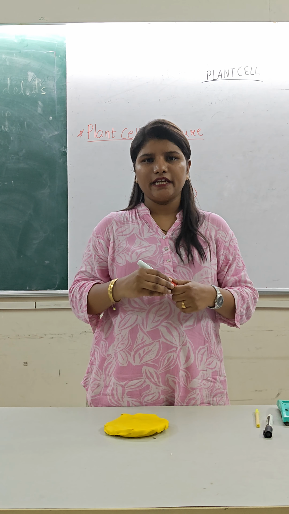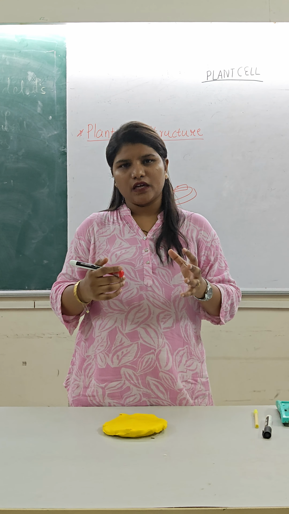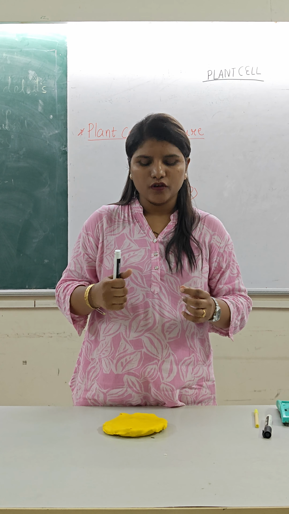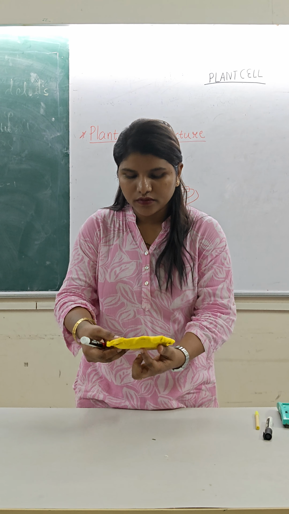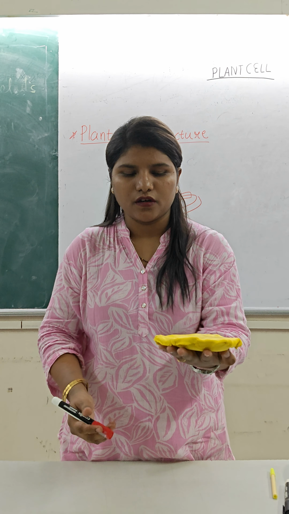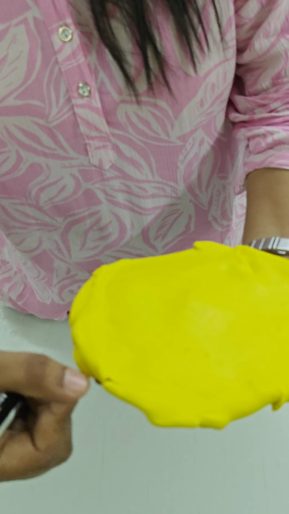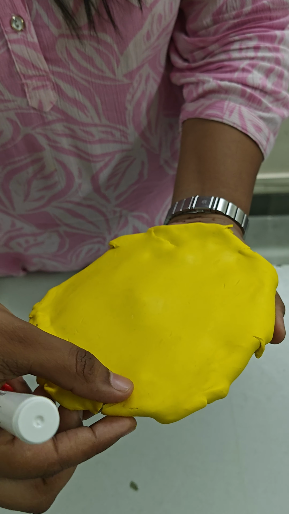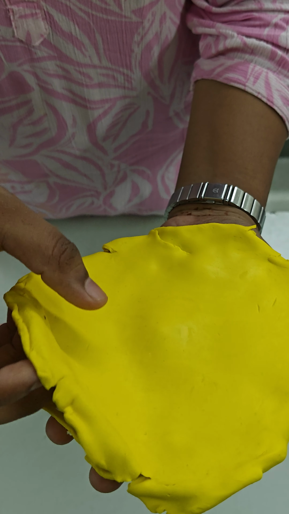For this, I have created a 3D model. In that 3D model, we can see how the different organelles are placed and how they look. So here is the 3D model. I have made it using clay. It looks like a very circular structure. And if we want to take a look inside, we can make a crack or break in this, and after opening, we can see the different organelles like this.